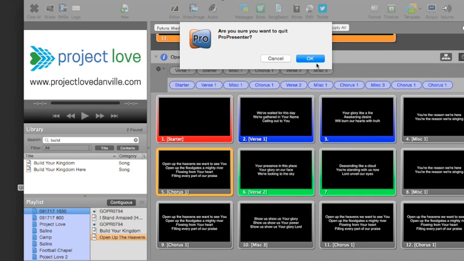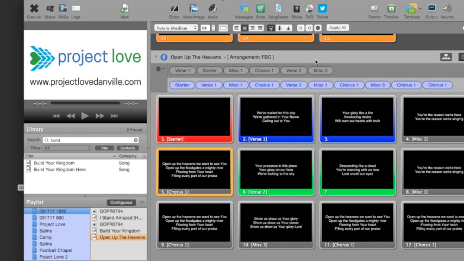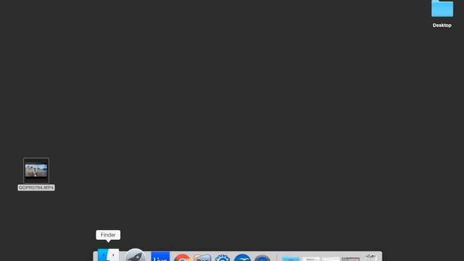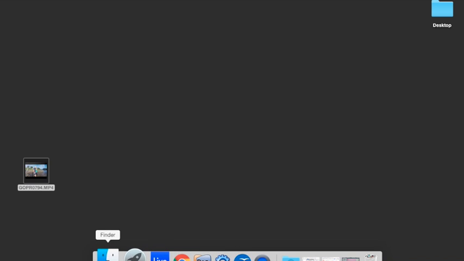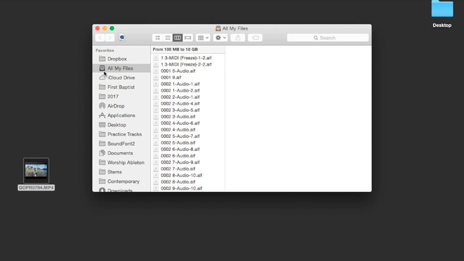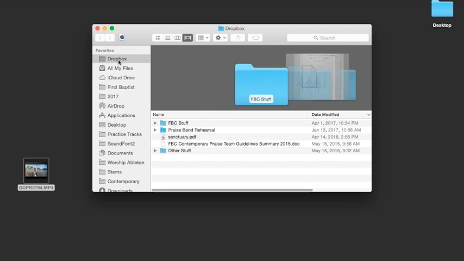Are you sure you want to quit? Yes. All right, and finally, for files, if you need to get a file and everybody says the file's in Dropbox, you want to go to this smiley face guy called the Finder. He is where all the files are. So you click that and it opens up all the files. You're going to want to go to the folder up here, Dropbox, and that will have any files that are needed